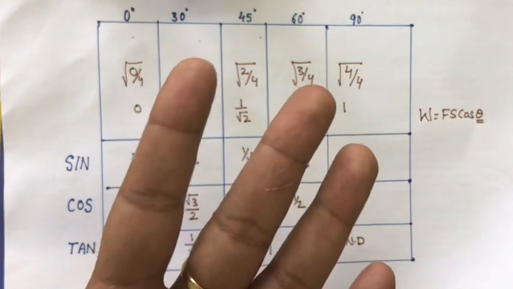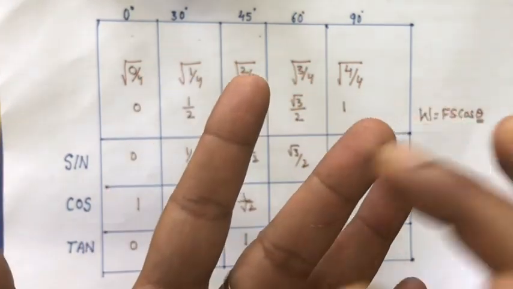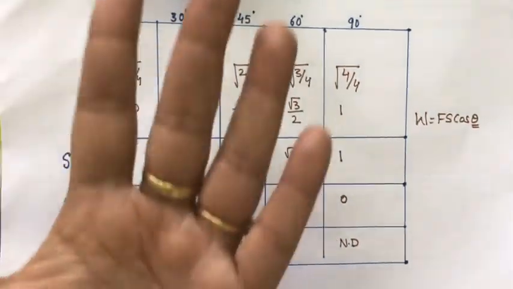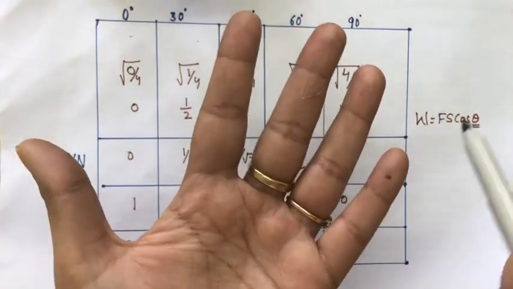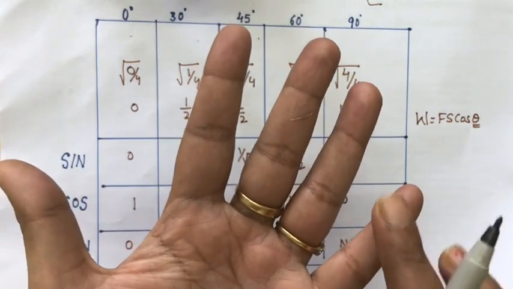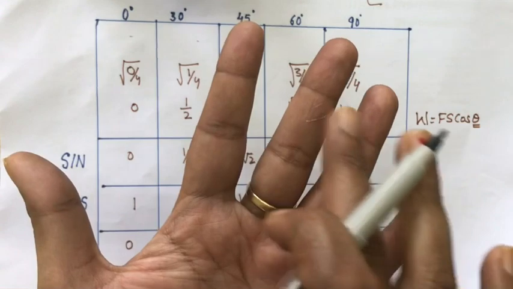And if I just want to remember the value of cos, right? What is cos 45? What is cos 90? In that case, how are we going to do it? Just look here. Suppose this is 0, right? In this way we have to go, we have to go anti-clockwise. So this is 0. So how many fingers are there? 1, 2, 3, 4. 4 are there.